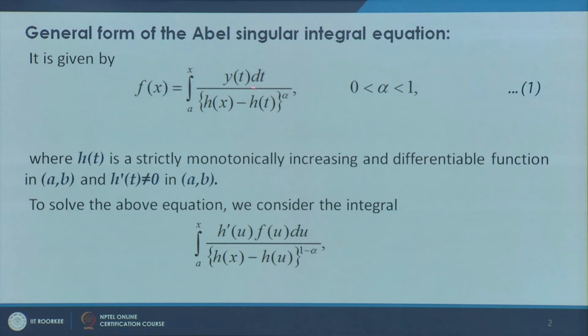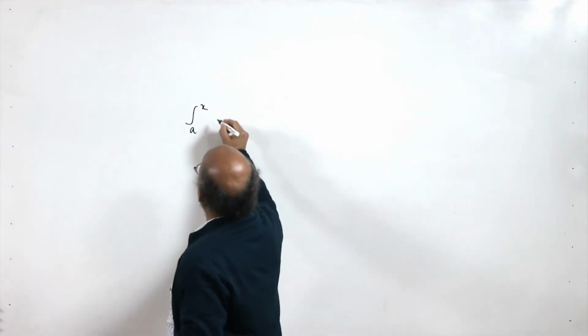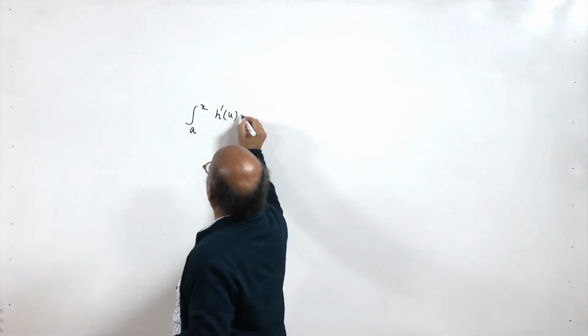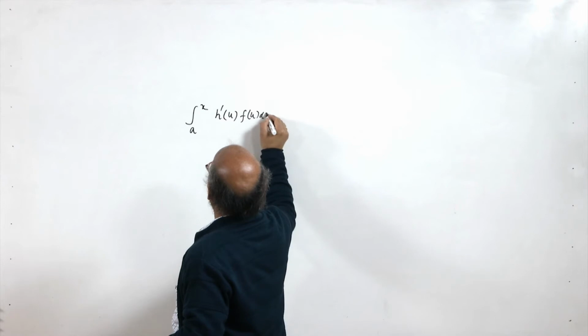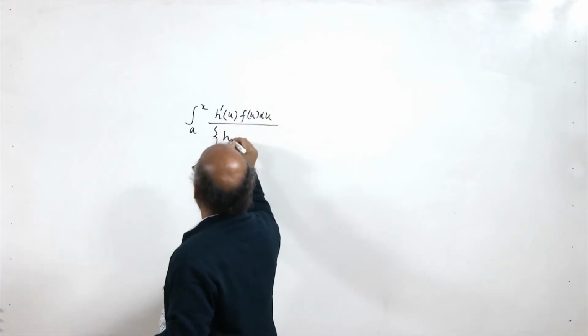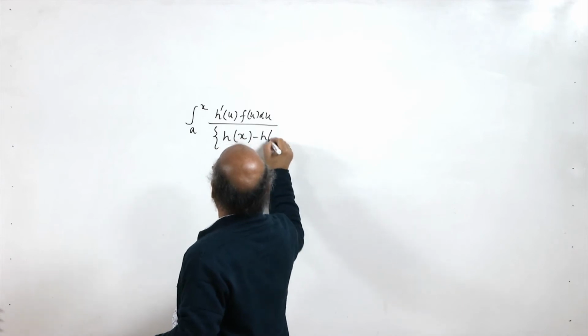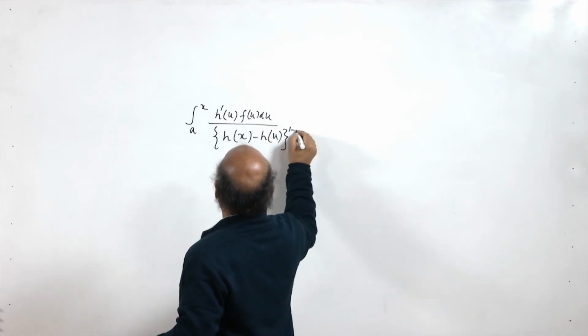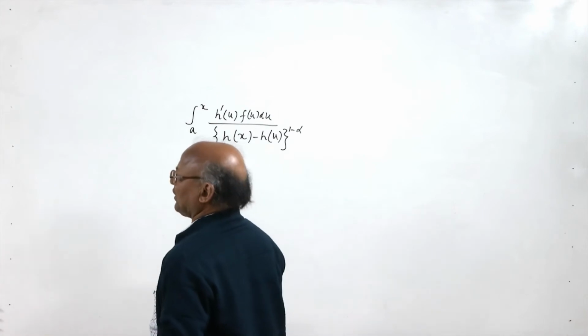So integral a to x h prime(u) f(u) du divided by (h(x) minus h(u)) raised to the power 1 minus alpha will become